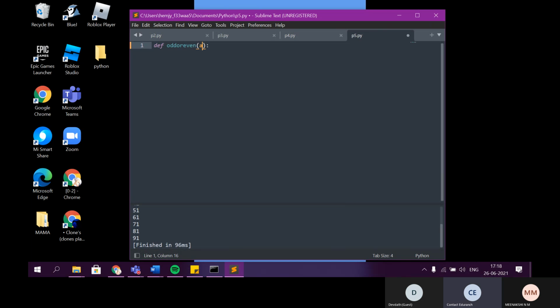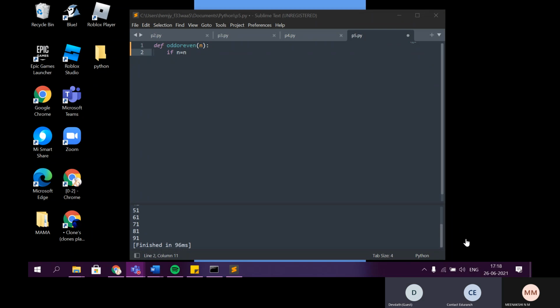Now using an if else statement, check what type n is. How do you know whether the number is odd or even? If n is divisible by 2, then it is even.